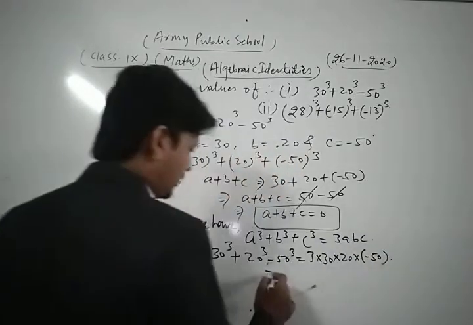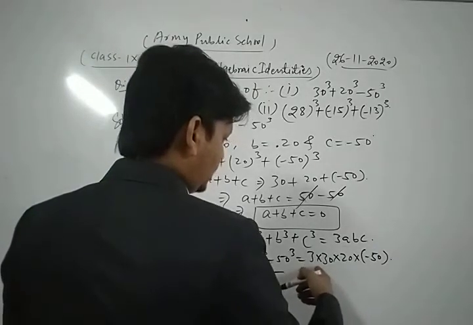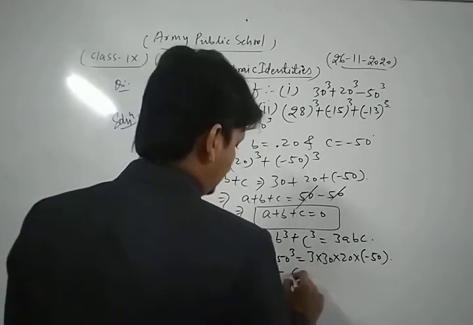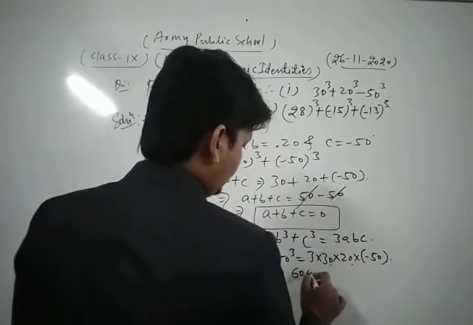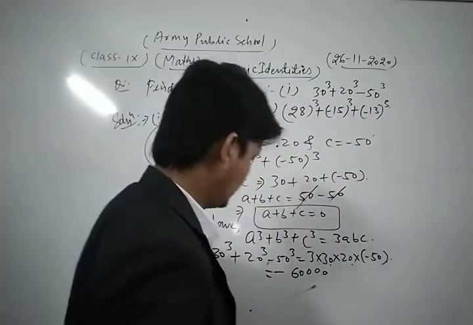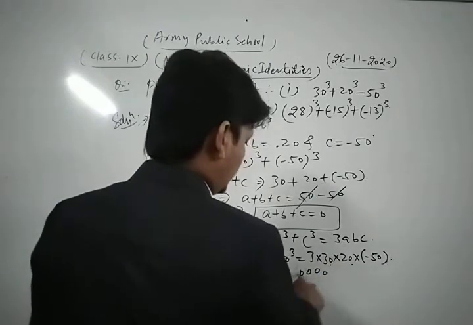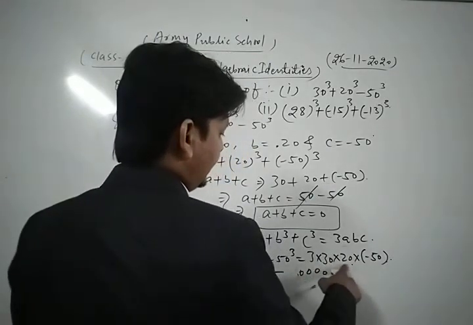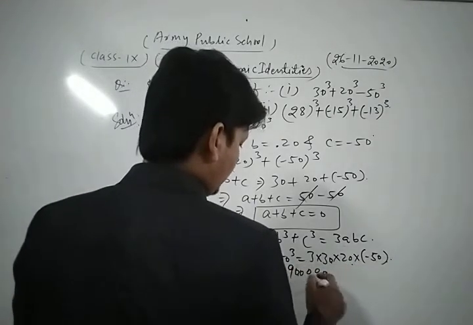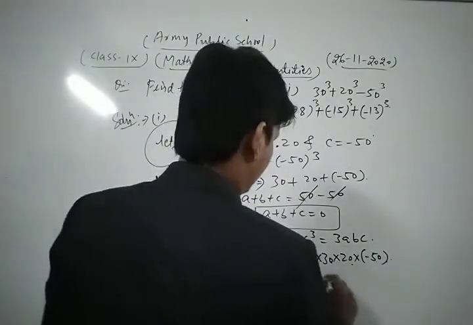Minus 50. Thus we get what? We just multiply them. 3 2s are 6, 6 2s are 12, 12 5s are 60. 1, 2, 3 zeros are there. 3 3s are 9, 9 2s are 18, 18 5s are 90. So with 1, 2, 3 zeros, 90,000. Minus 90,000 is our required solution